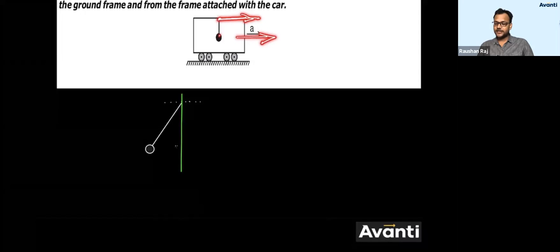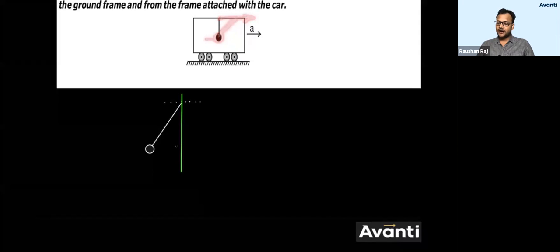So this string will actually move in rightward direction. This bob will stay here for the instant. Once this pendulum bob has this condition, it will move in rightward direction along with it. So this is what actually happens. The end connected to the cart will move in a rightward direction, so the bob will remain here only. So the string will actually come here. Once this condition is maintained, now this cannot go further back.